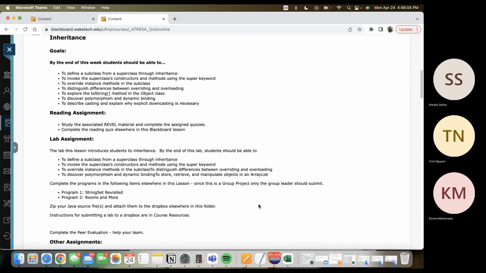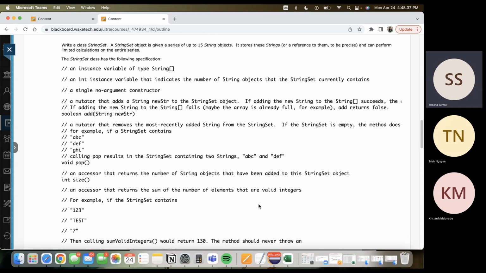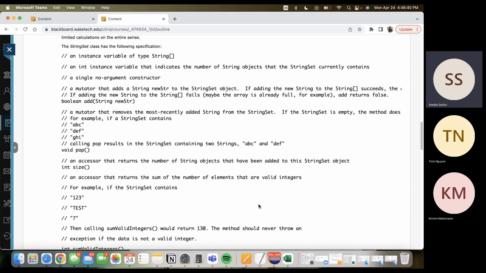Now, for the string set, we were supposed to revisit what we did on our individual labs for the string set, but we did a little bit of modification in this one. Instead of adding these things to the code, we just rewrote the entire thing because it was getting complicated and congested in Eclipse. So we made a separate version solely dedicated to this lab only. And then we have the Rooms and More,